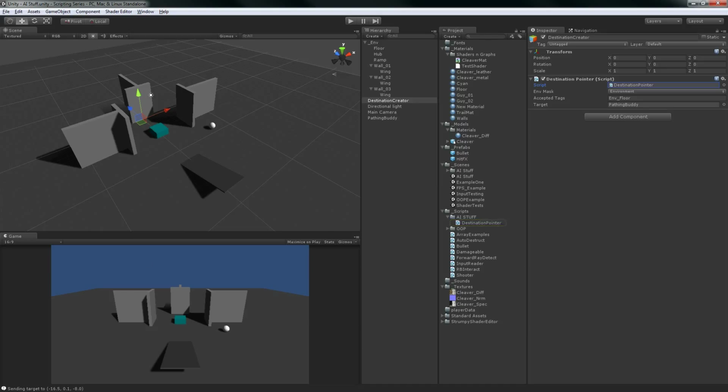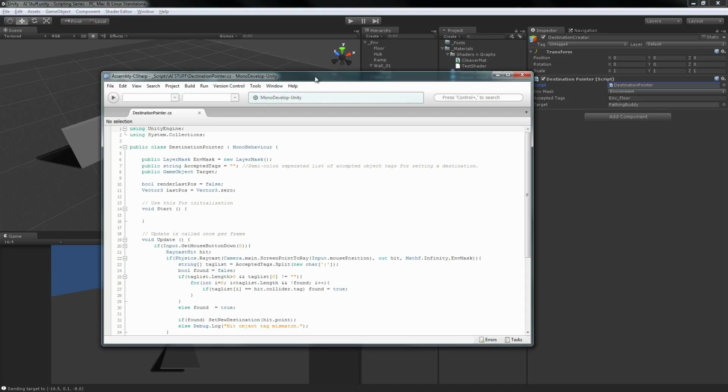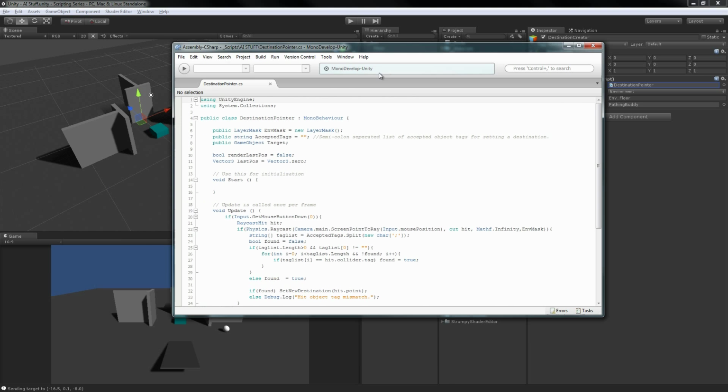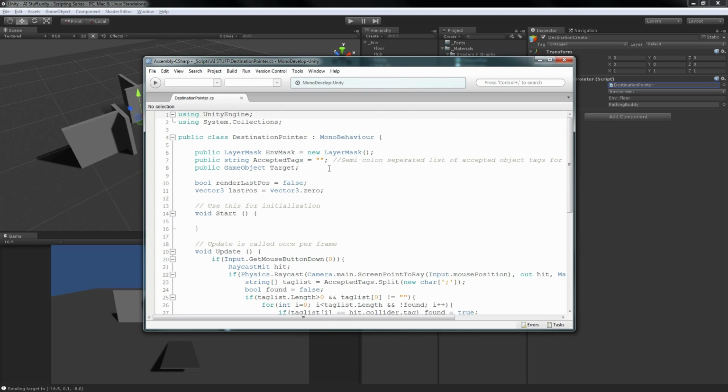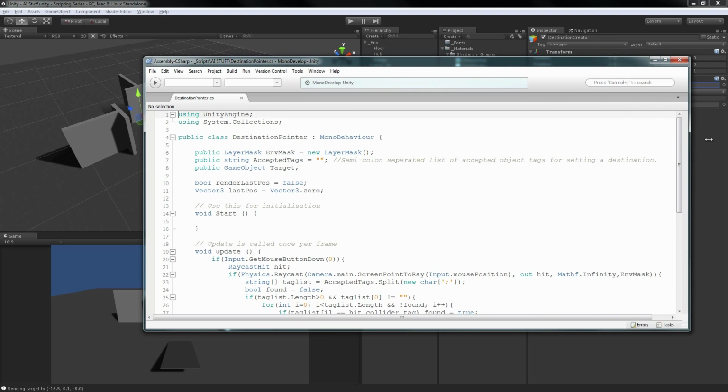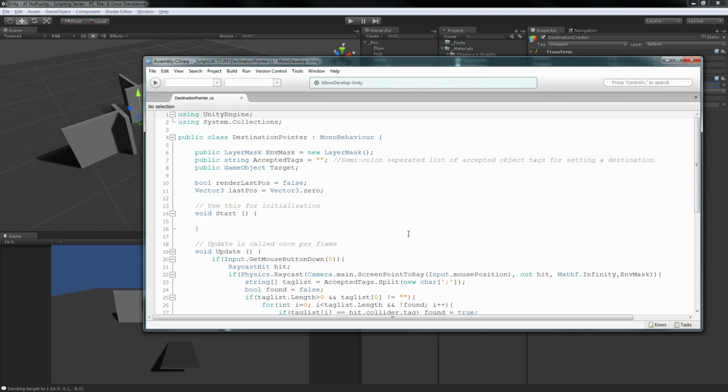Once we open up MonoDevelop here, and there we go. So, oh, come on. There we go. Excellent. So, we have our layer mask. And again, what a layer mask is